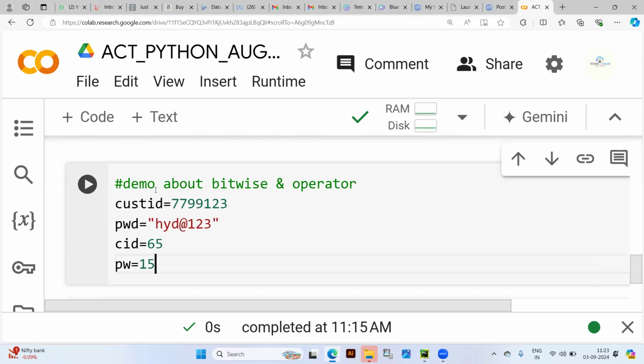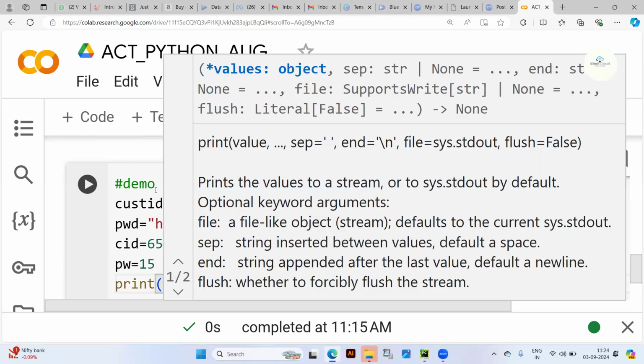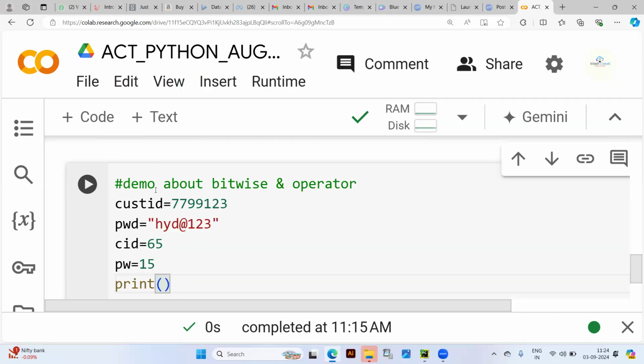It will be converted by the algorithm. Who is going to convert all this? An algorithm will be there: the DES algorithm, Data Encryption Standard, the MD5 algorithm, the SHA algorithm, the Diffie-Hellman algorithm. There will be symmetric and asymmetric algorithms to do all these operations. If you know network security or information security, I hope you might know all this. Clear? Yes, great. Okay. Now what I'm doing here is I wanted to perform the bitwise AND operation on CID